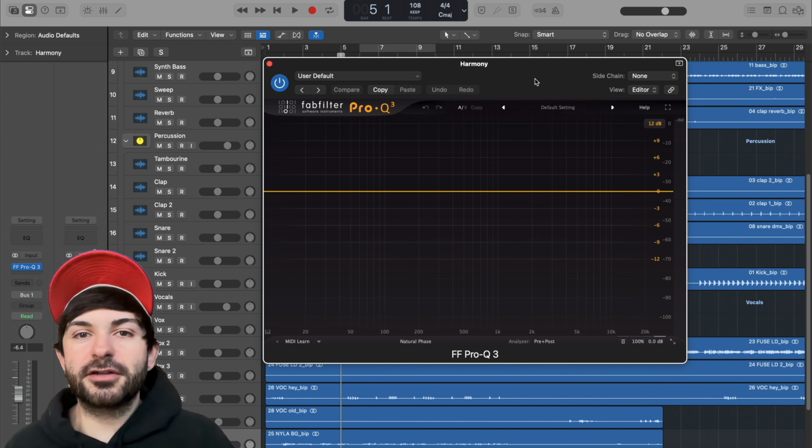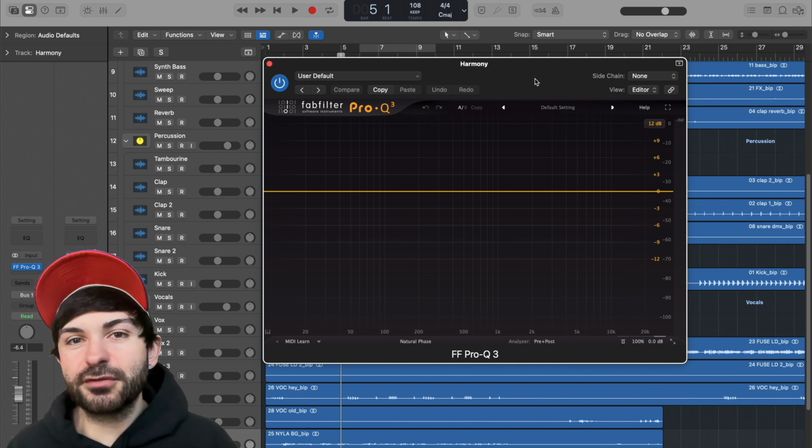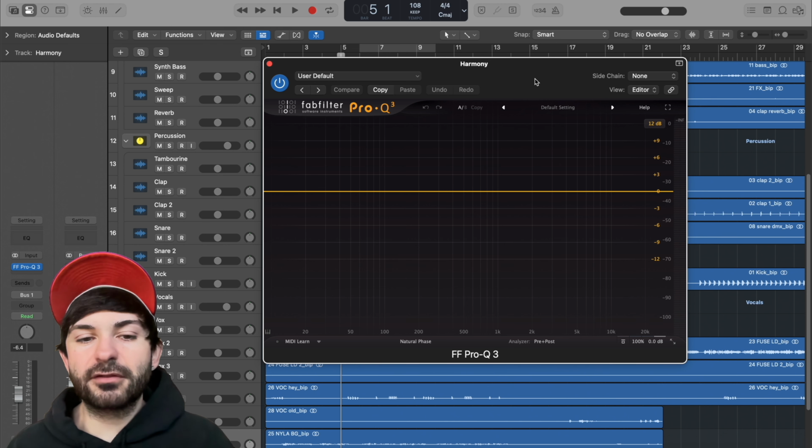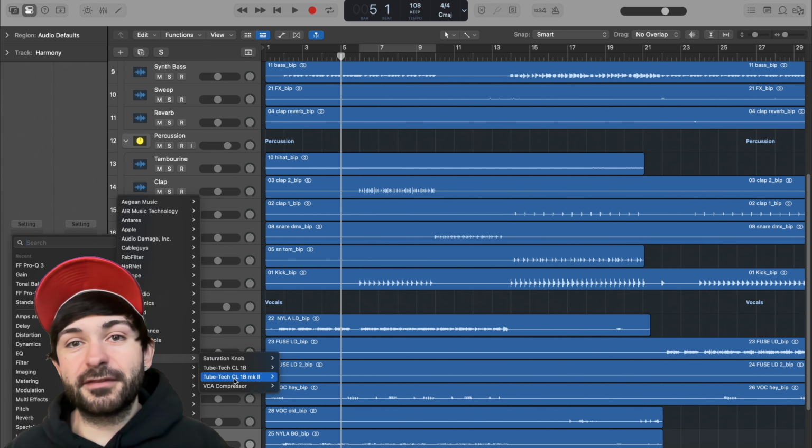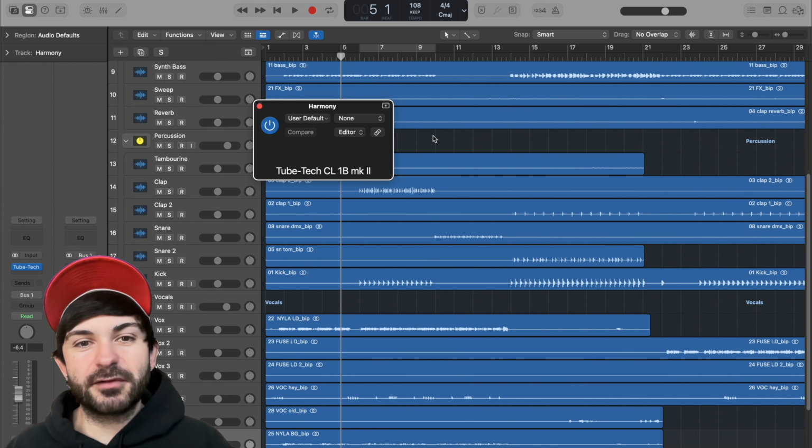Yeah, I like to use other, more analog-y emulated EQs for boosting on my vocals, but for the cleanup, I'm always going to the Pro Q3. The dynamic feature is nice, and it's just ease of use, and the way it looks is what really draws me in. Okay, but now that the obvious is out of the way, one that's a little bit more underground,